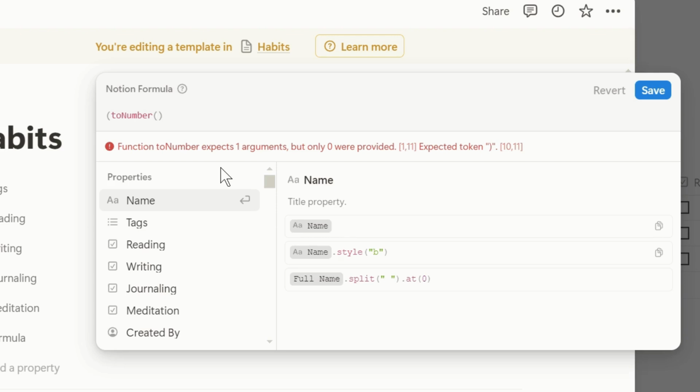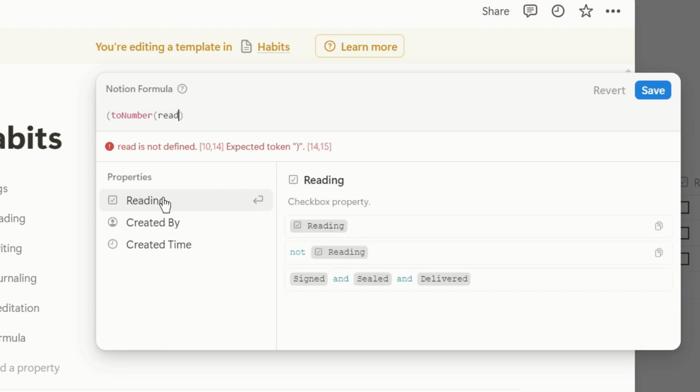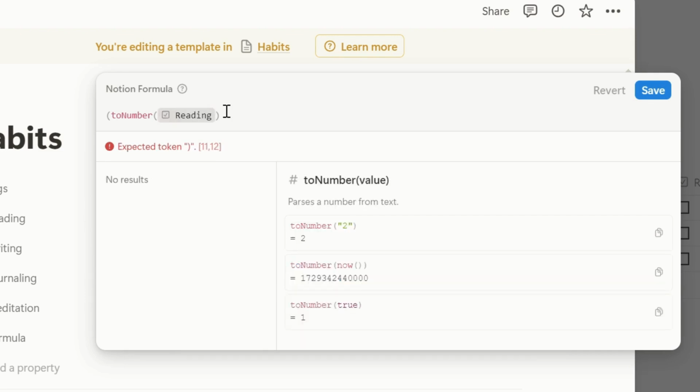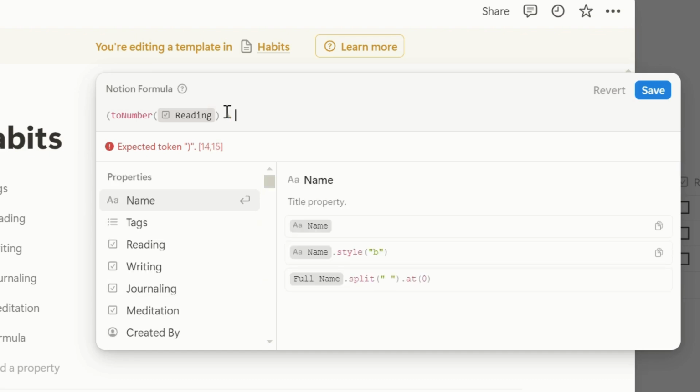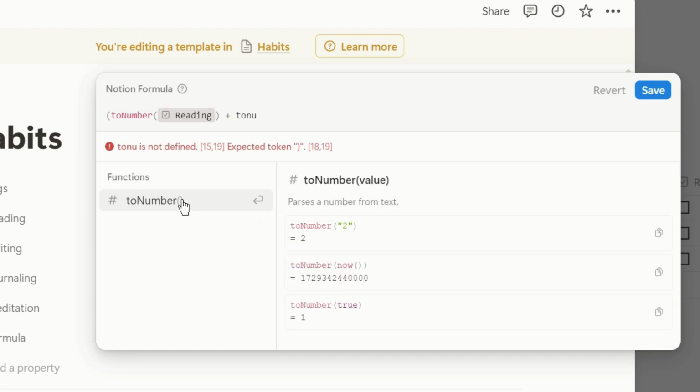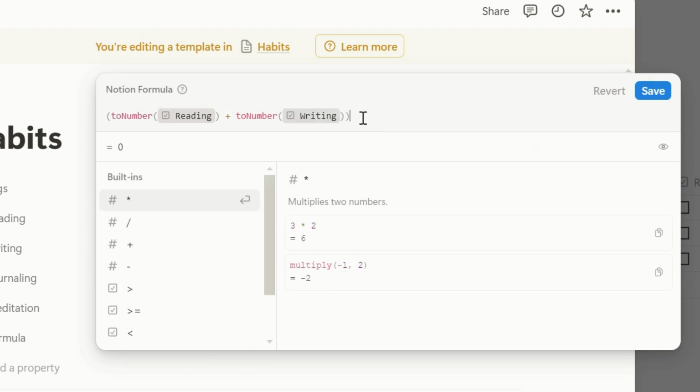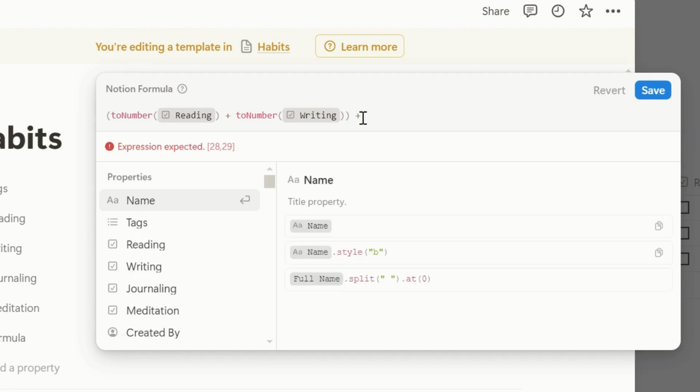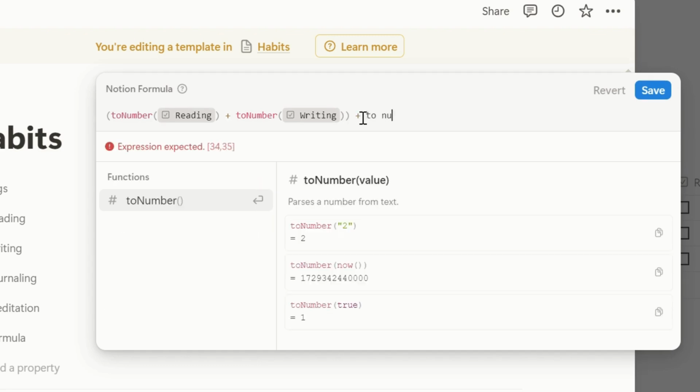And what is that? Yep, reading. You can just type the habits which you have mentioned and it will come here. Plus toNumber, writing, close parenthesis, then again plus toNumber